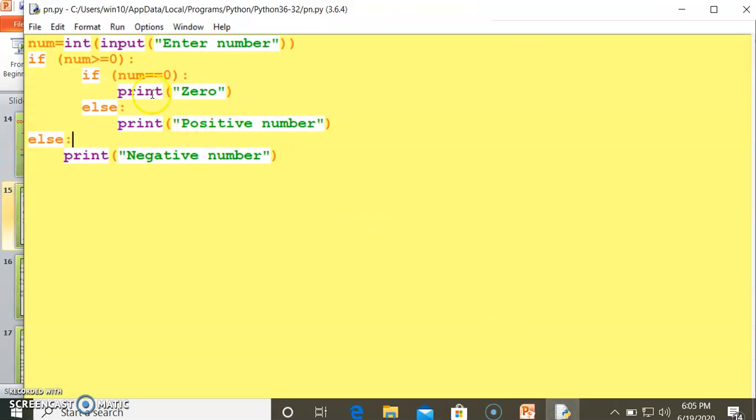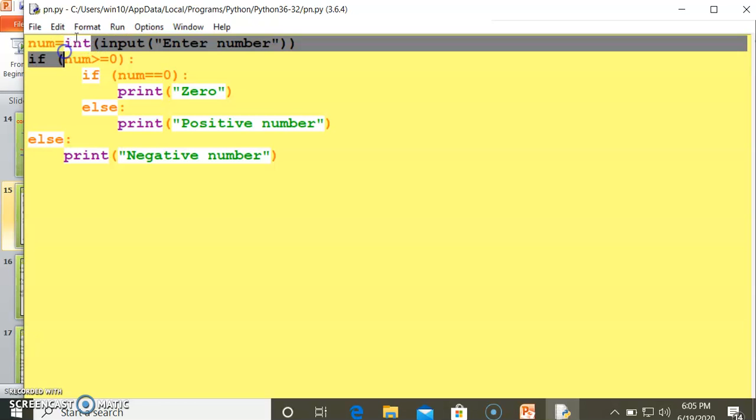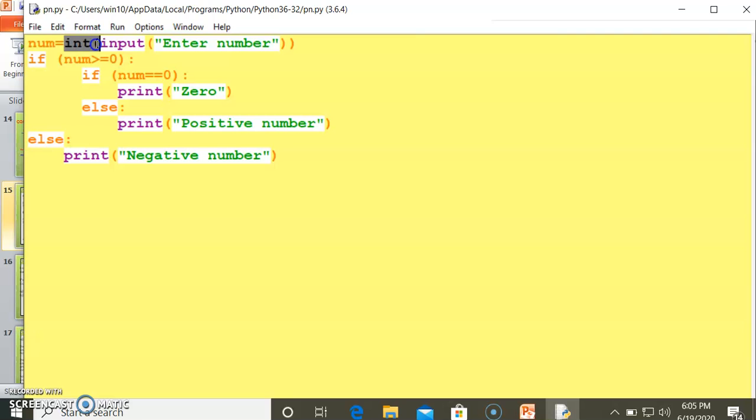In Python, I have opened the script mode here. Num is a variable, which I have shown you in the slide. Equal is an assignment operator. Int is typecasting.